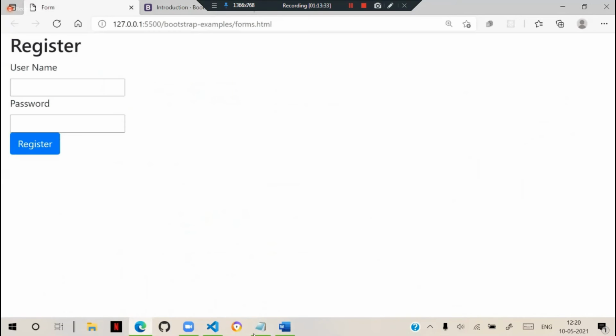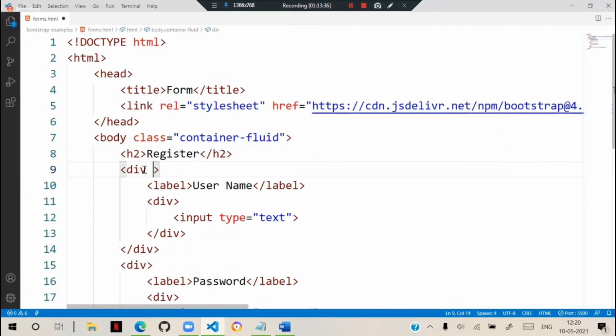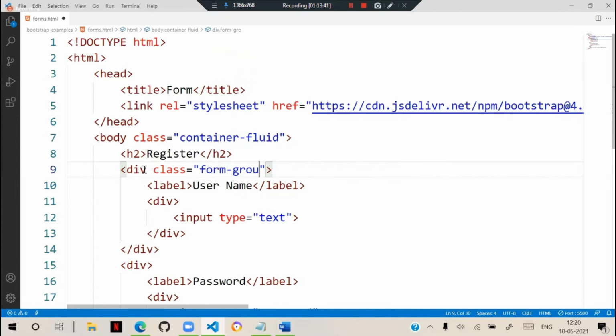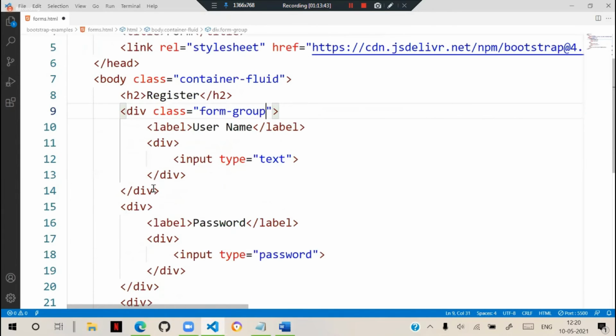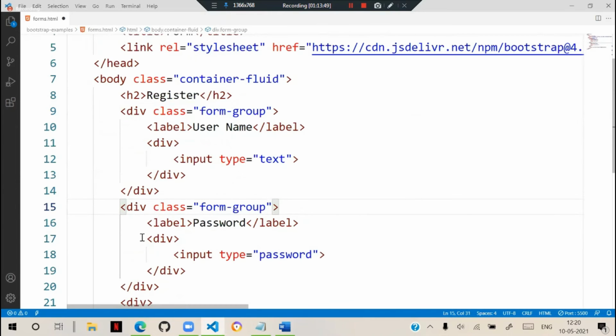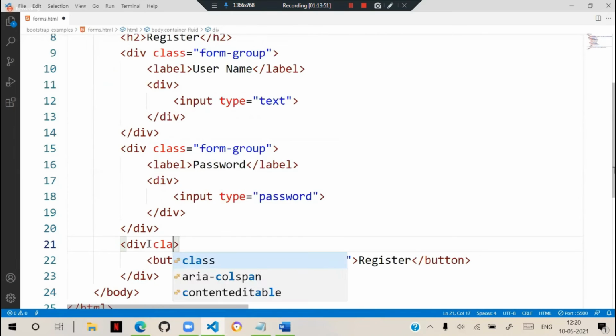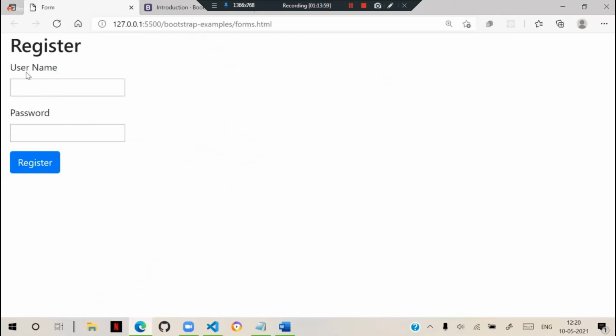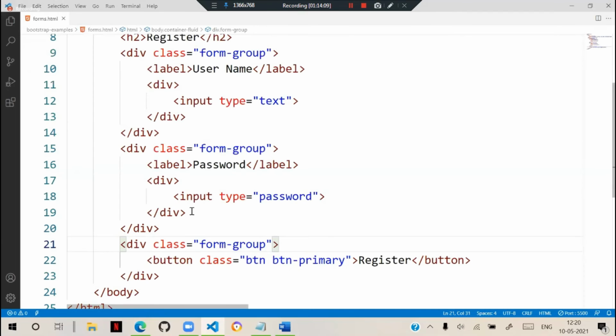In the earlier version, we used to define simply class as form-group, and every category will have a form-group. This keeps the alignments perfect. That means between one group and the second group, some space will be correctly managed. That is how we need to do it in the old version.